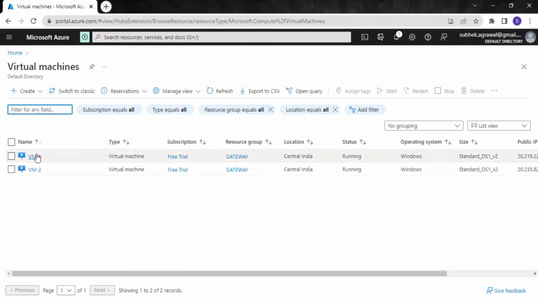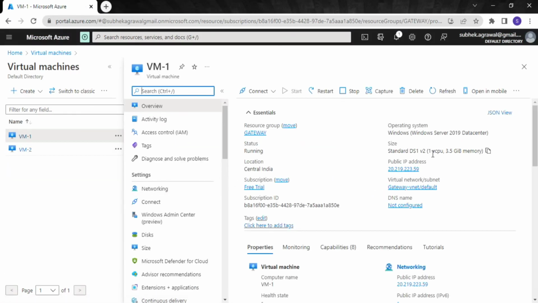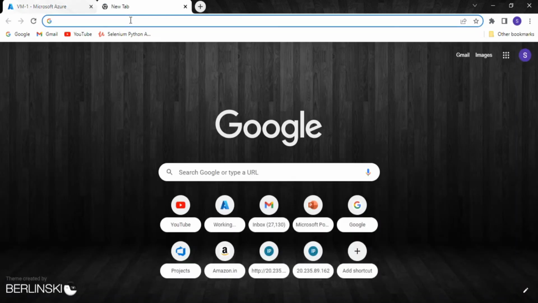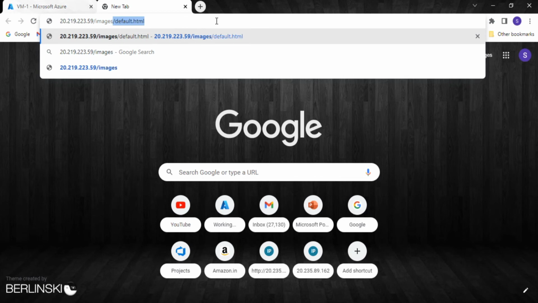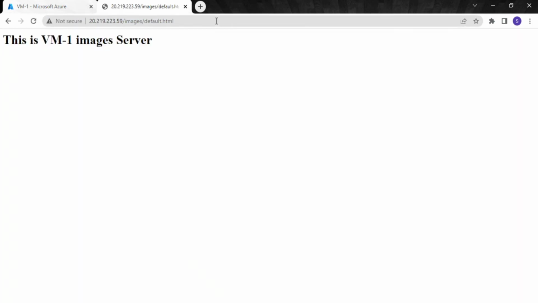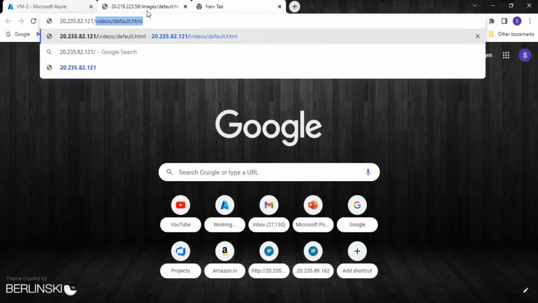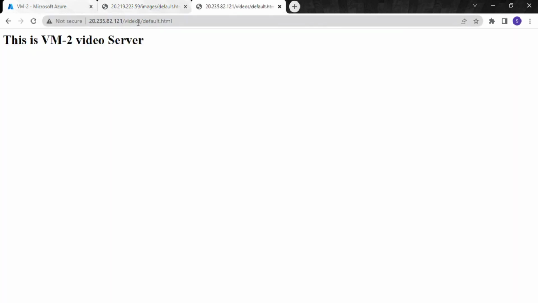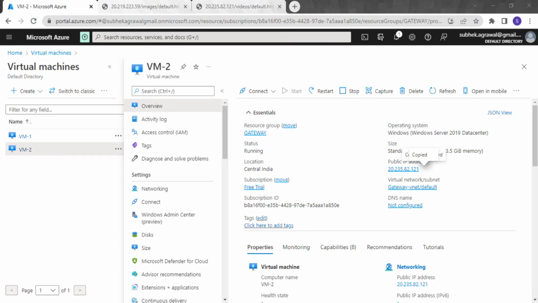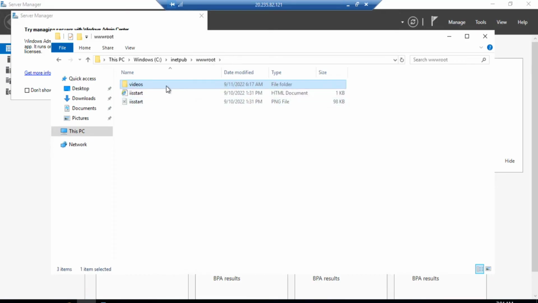If I go to the public IP address of this particular virtual machine, I'll just copy it and search images. This is the folder which we have created, and default.html is the page. If you browse this particular URL, you can see this is the VM1 image server. Similarly for VM2, I'll take the public IP address. So this is our VM2 video server. In VM2 also I have created a folder called videos, and under this I have created a sample HTML